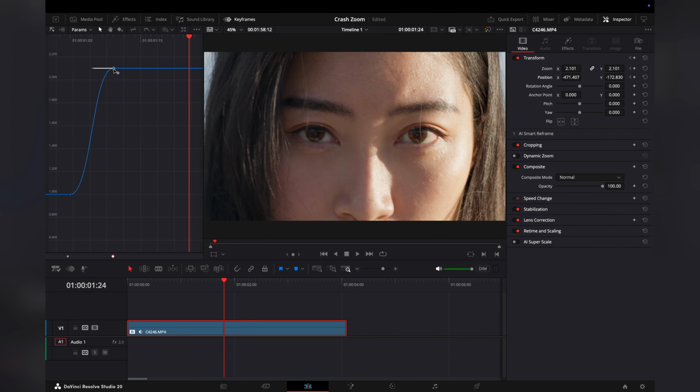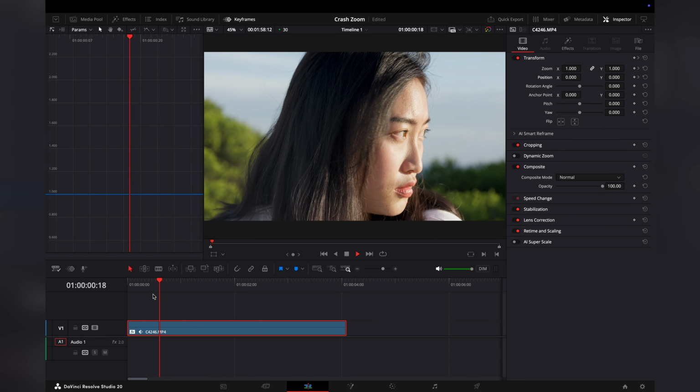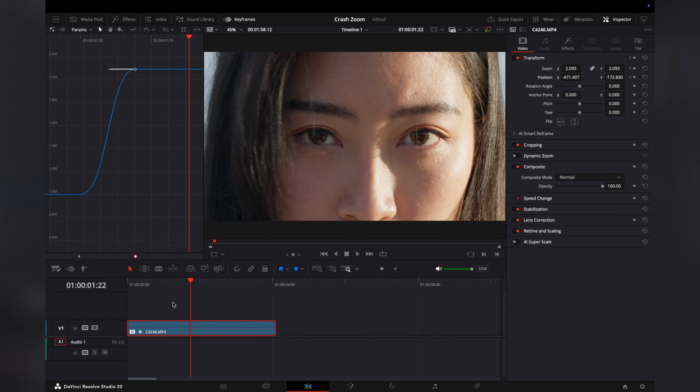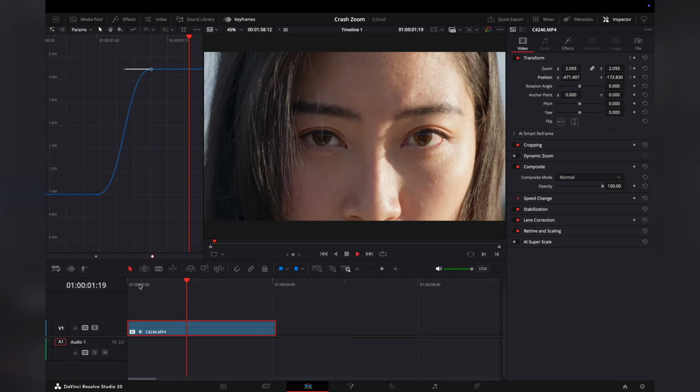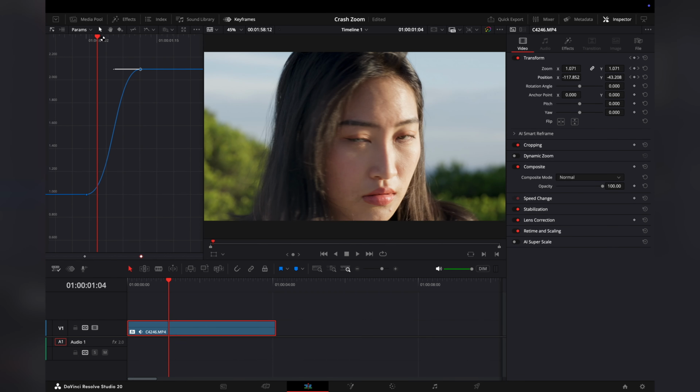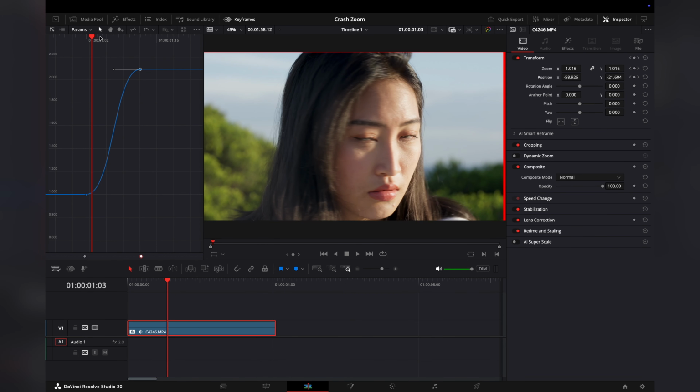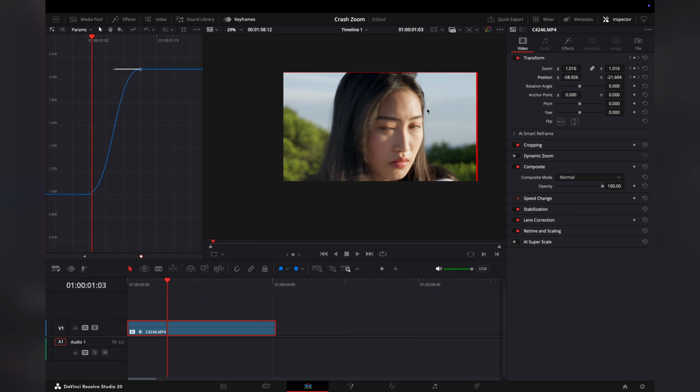So it's a little bit abrupt. I'm just going to slow the keyframe. I'm going to slow the zoom down. Let's see how that looks. Okay. And then we're also getting a bit of a red bar here just because the position isn't keeping up,